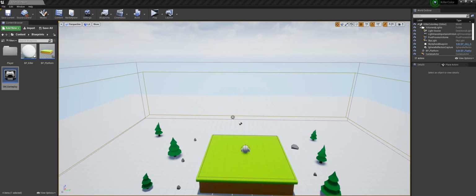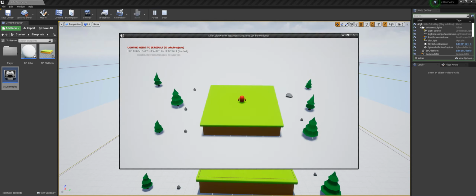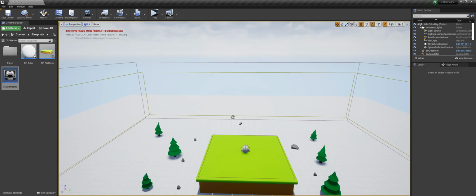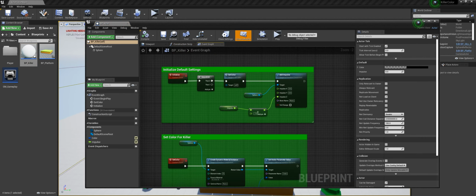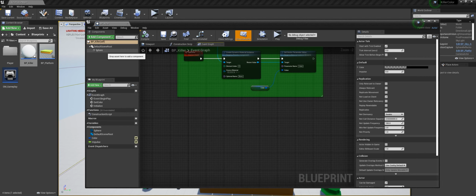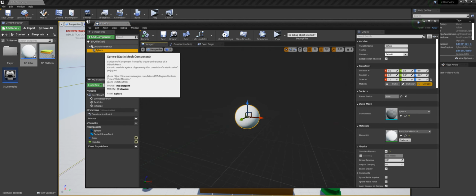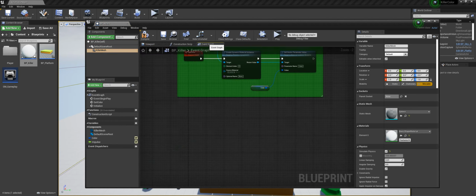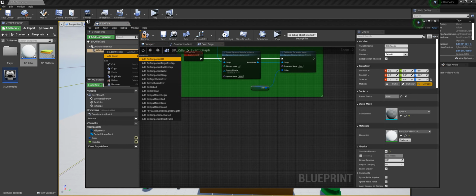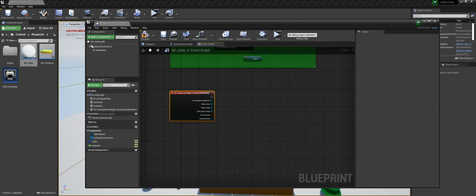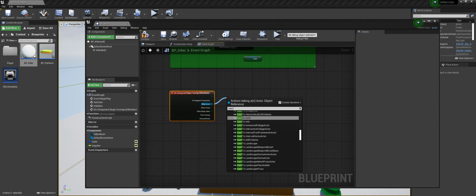Alright, so in the last video we did what we need to do when our killer hits the floor. Now in this video we'll focus on the killer colliding with the player. So we'll go into our killer. We can name this killer mesh. You can right click, check event, add begin overlap. So we check if the other actor is player,